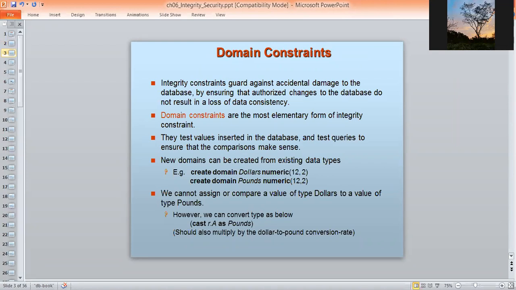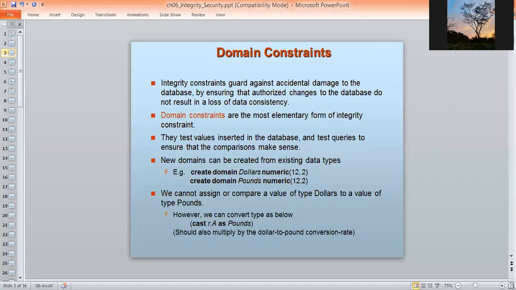The domain constraints are the most elementary form of integrity constraints. They test values inserted in the database and test queries to ensure that the comparisons make sense.